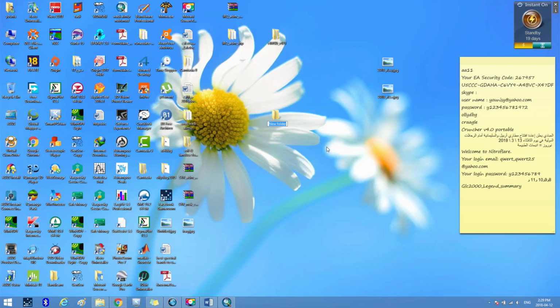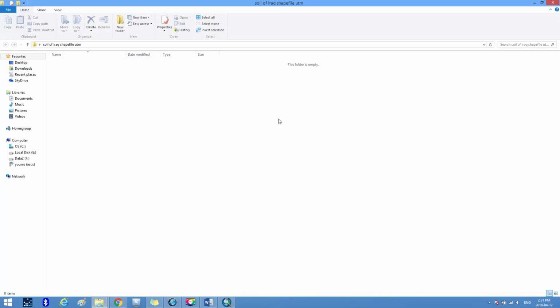As we see, Soil of Iraq Shapefile UTM, and inside this file we create two new files, where the first file is titled 0 to 30 cm topsoil of Iraq classified UTM, and the second file is entitled 30 to 100 cm subsoil of Iraq classified UTM. As we see,